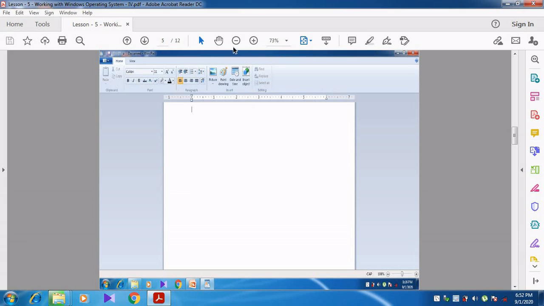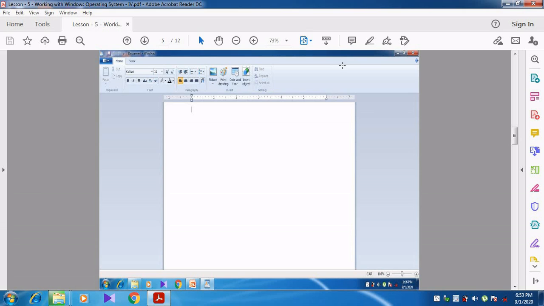Now here you can see I have just shown you the WordPad. In this WordPad, you can see this white area. This white area is used to type the text and store the text.